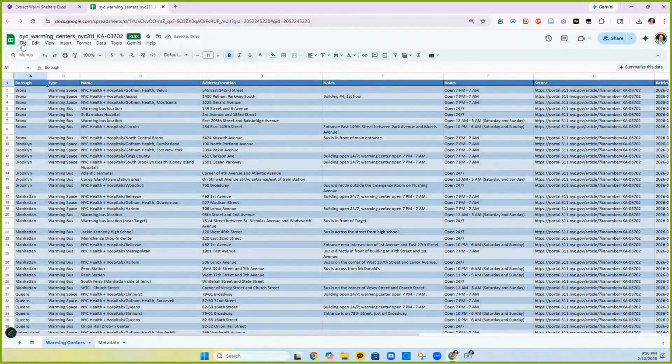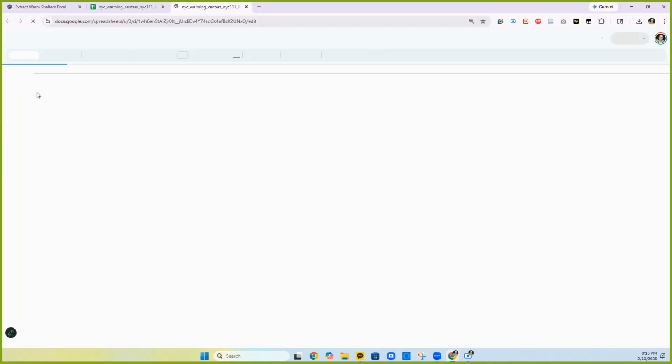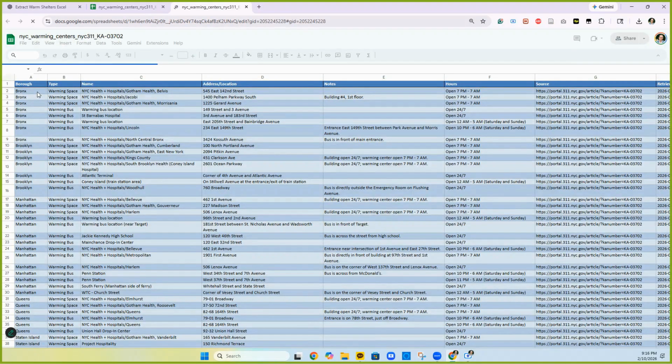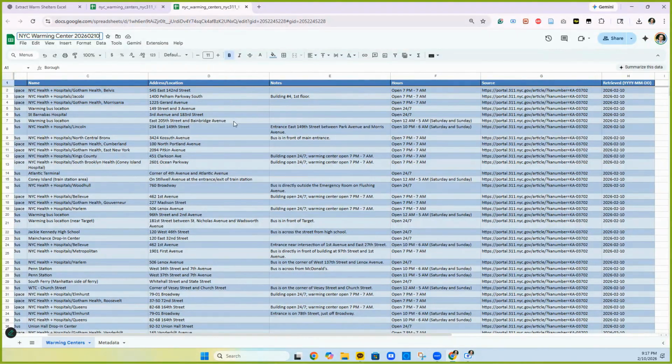So what you have to do is save as Google Sheet, right? And then you can change the name, New York City Warming Center. I will just put 2026 or so. But again, we have address, right? We have address,